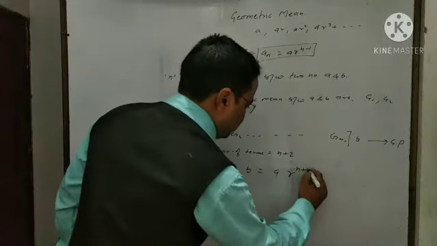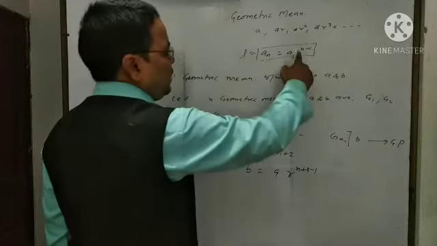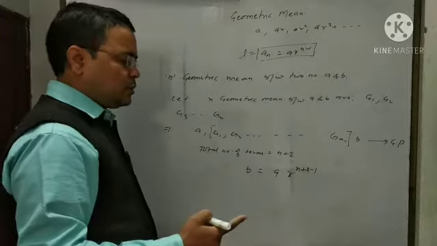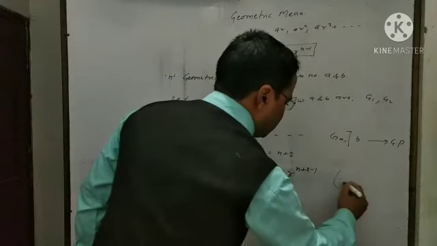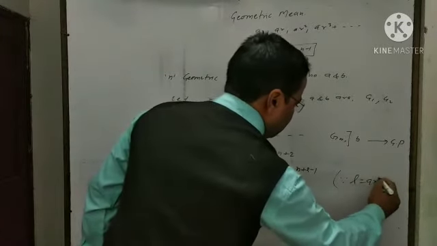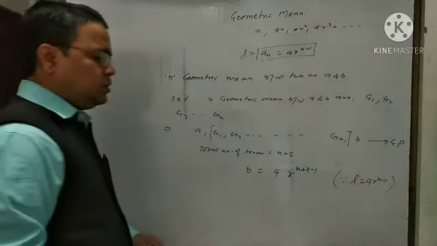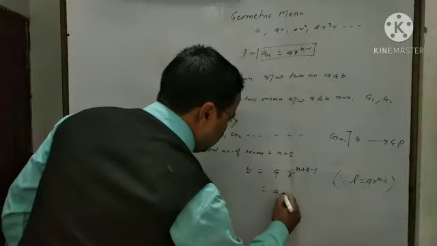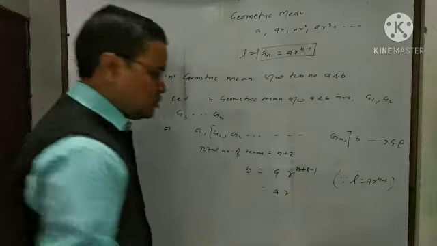It will be n plus 2 minus 1, because here n minus 1, but n is equal to n plus 2, then it will be n plus 2 minus 1. This formula you are using here, nth term is equal to a r to the power n minus 1. Here we are using this formula. Okay, so now it will be a r to the power n plus 2 minus 1, it will be n